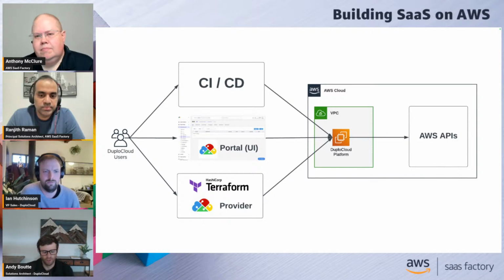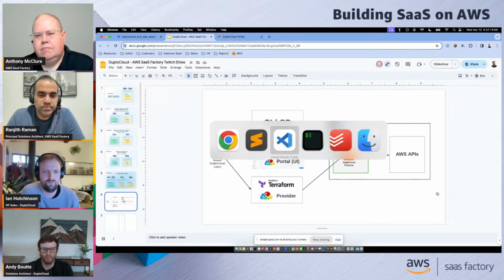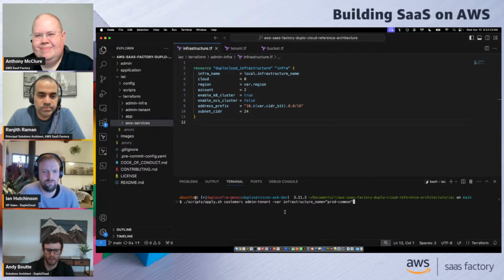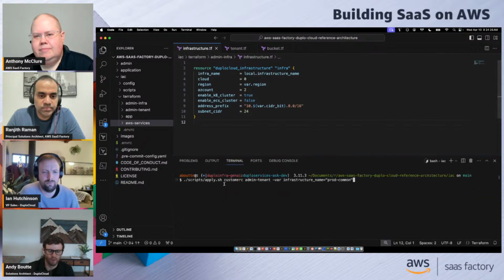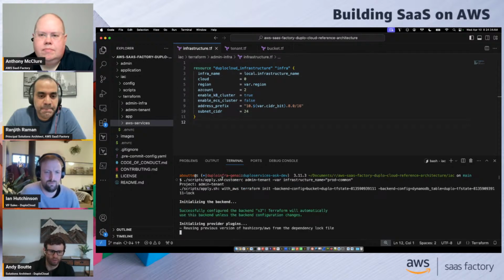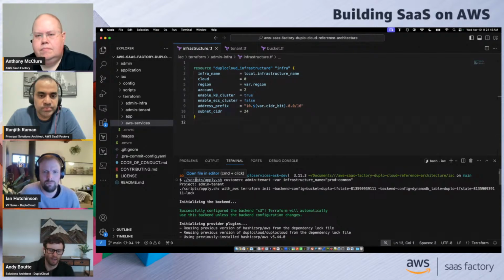And we can now switch over to my IDE here. I'm just going to kick off a deployment. Some of these pieces will take a minute or two to actually create. But I'm here in the terminal, and I'm going to kick off a Terraform deployment, and we can walk through what some of these things look like. While that's going, I'll talk through this. We're starting off by running an apply command. DuploCloud just has a wrapper script around a normal Terraform apply. That wrapper script is doing some basic things like setting up a remote state S3 bucket, setting up the DynamoDB table for locking, things like that.